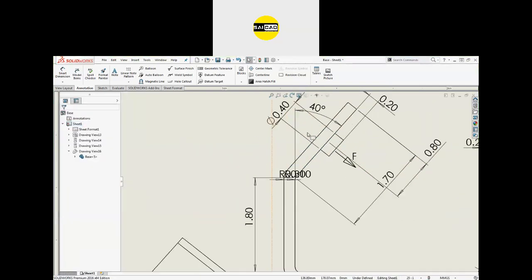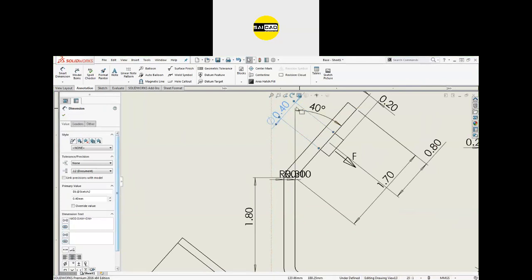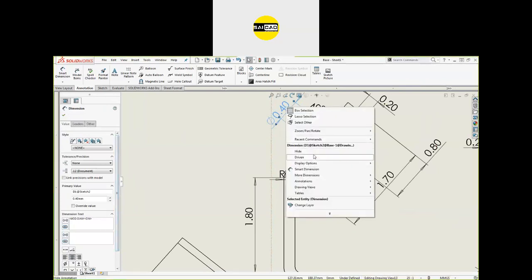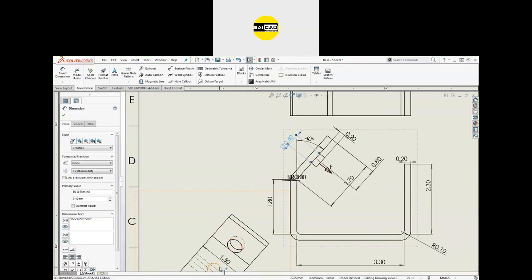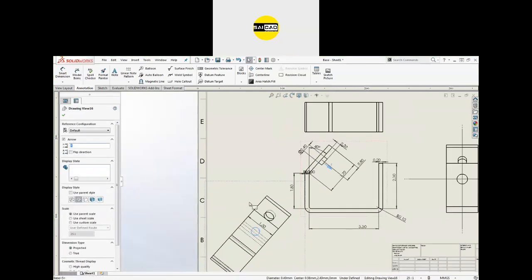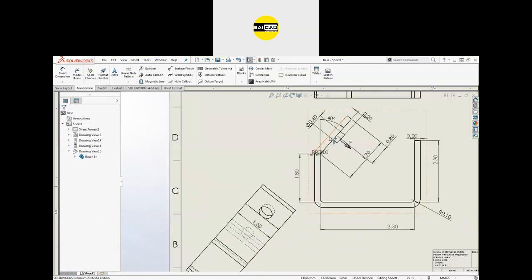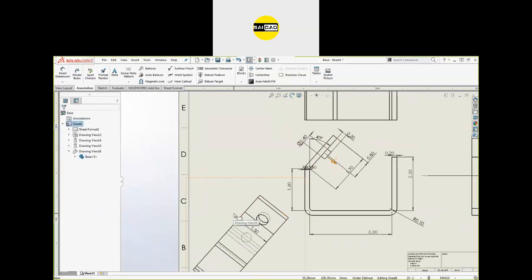So in here, I think we should have an option. Okay, we don't have the option to move it in here. So I will let you know in the next class if we have any option in this one.